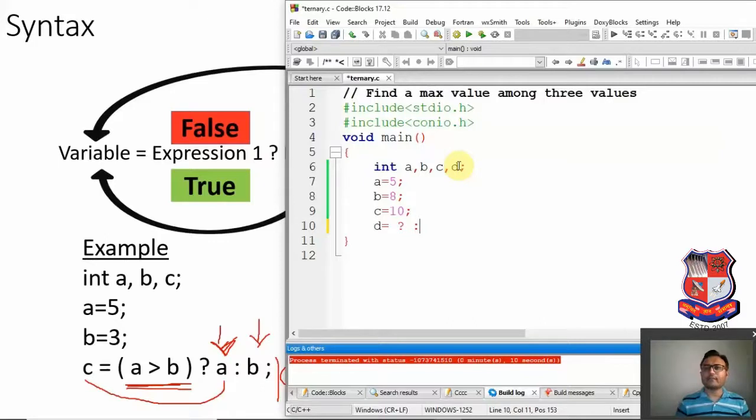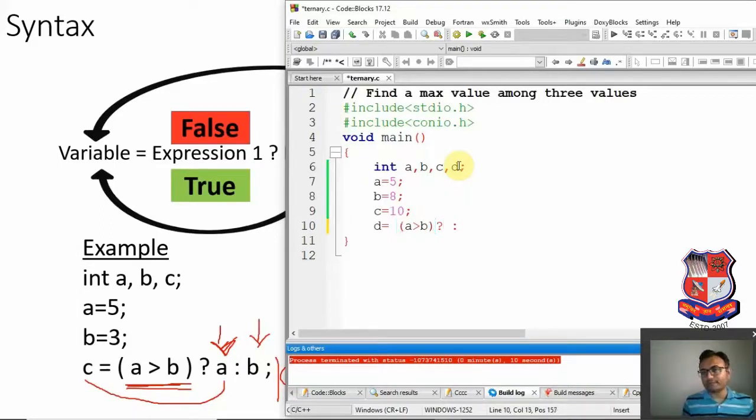But here the program says that we have to find the maximum value among the 3 values, but in a condition we can find one value among 2 values only. Over here we have the condition a greater than b only, and that means we have to check one more time, or compare the value of a with c, or compare the value of b with the remaining c.